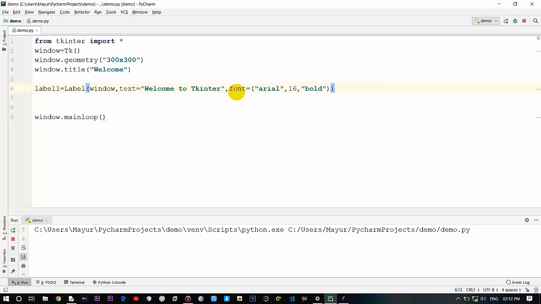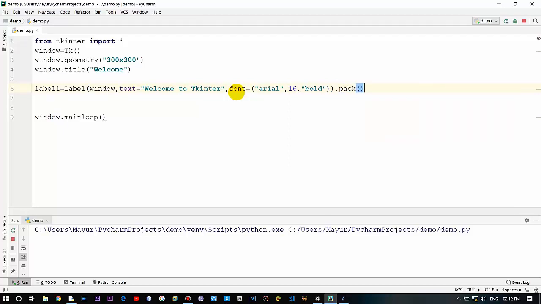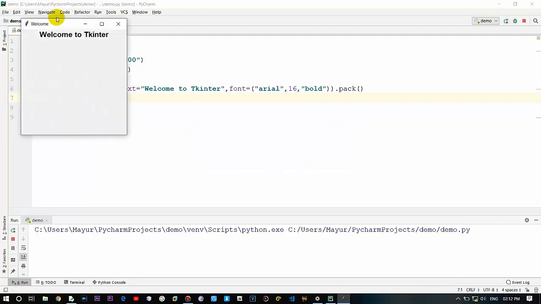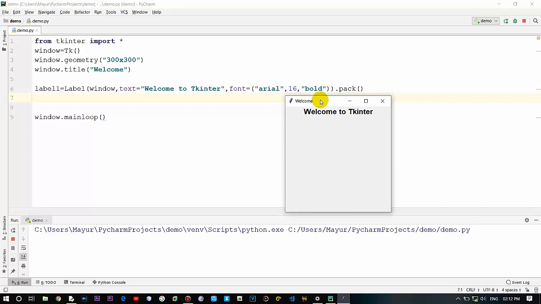And yes, you can pack it over here now. So this is how you can create a basic label in Tkinter, and we can run this. As you can see, this is how you create a label in the window and provide font styling, that is the Arial font style, the size, and bold,